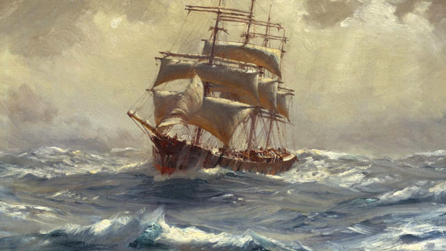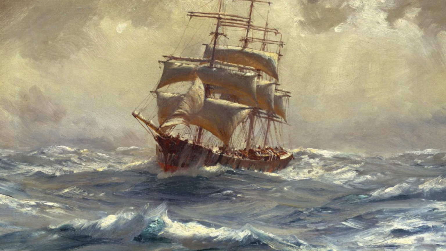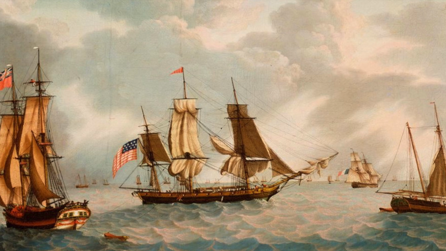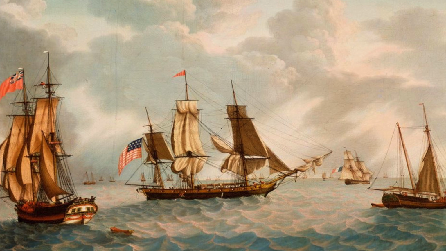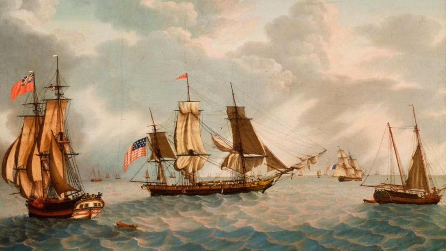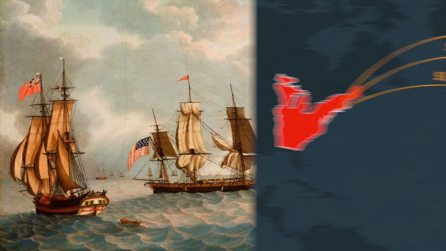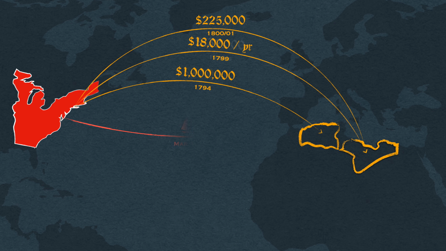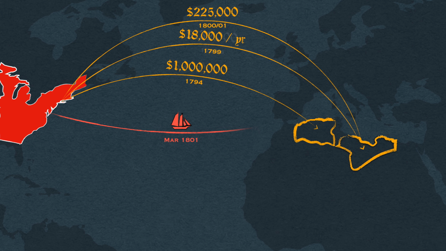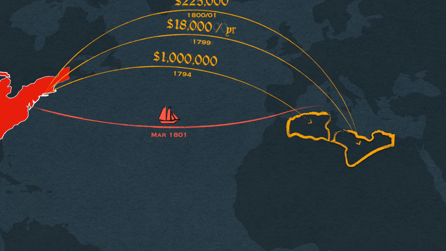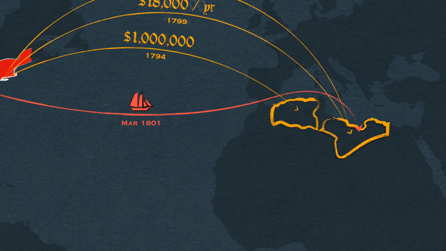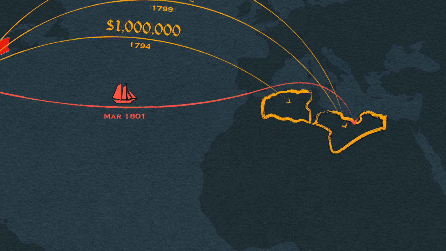Keep in mind that at this time news moved pretty slowly. Generally speaking, it took a month or more to cross the Atlantic, and this international conflict was largely defined by these limitations. Jefferson at first tried to maintain peace via intimidation, and had an expedition of naval ships under the command of Commodore Richard Dale. Dale's orders were to pay some tribute and deliver a letter to Tripoli indicating American hopes for peace.